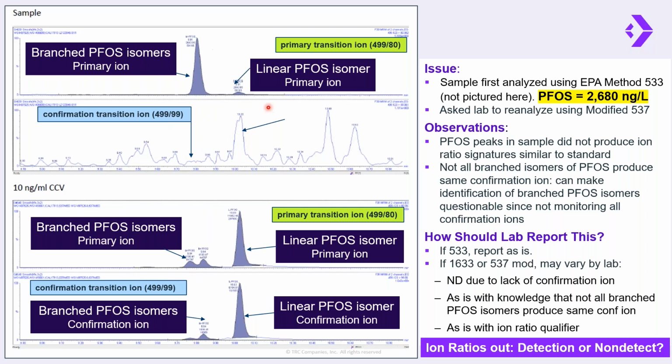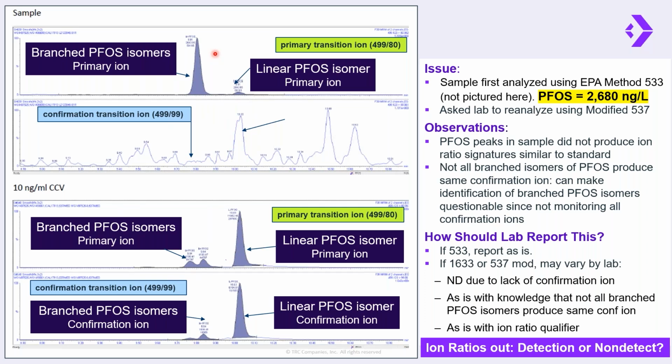So what happened here? After much work with the manufacturer of this pesticide, it was discovered that there was the potential for bile acids to be present in this sample, which we know from EPA 1633 can interfere with the PFOS peak. And this peak you see on the top chromatogram here turned out to not be PFOS. So these are things that are only going to be discovered if you, 1, review the raw data, but 2, more importantly, ask the lab questions when a result does not make sense to you.